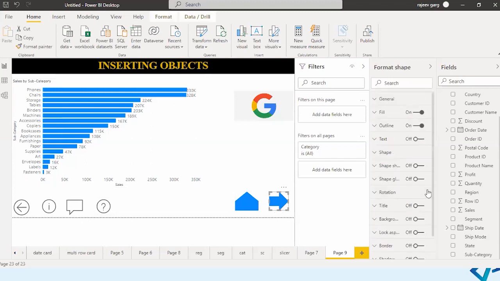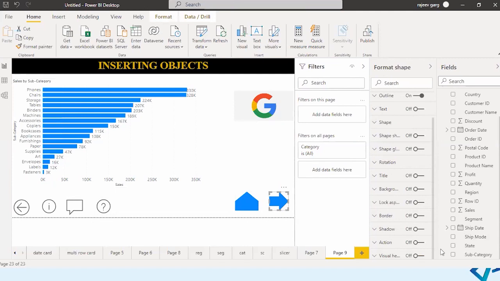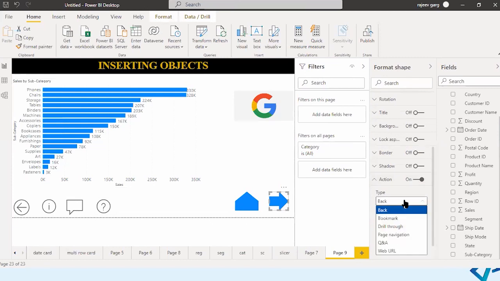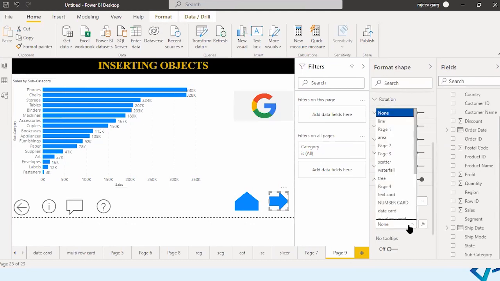Let's take this shape. We can assign an action to any of the objects. Let us take action as on, and let's take page navigation. So if you want to navigate to a particular page, you can give this. So I want to go to, let's take any one number card.